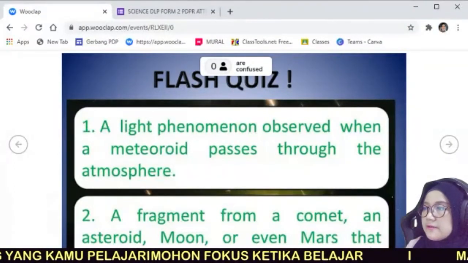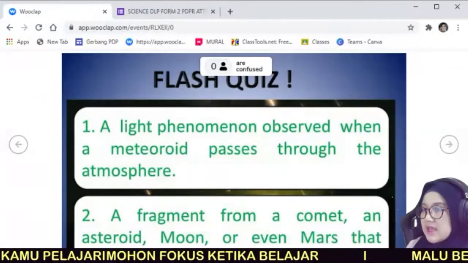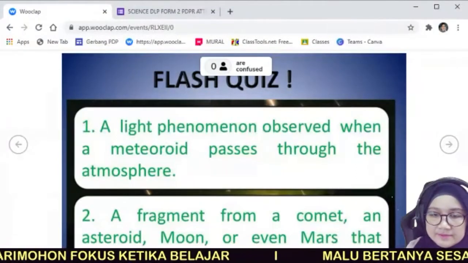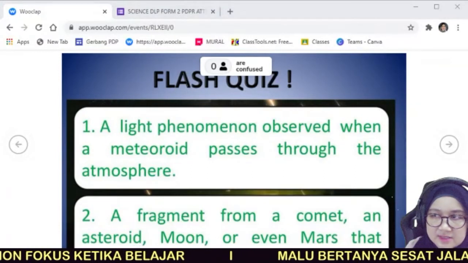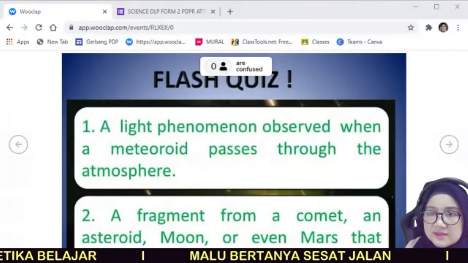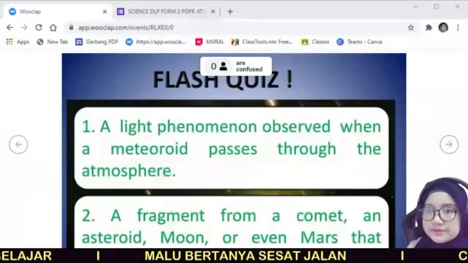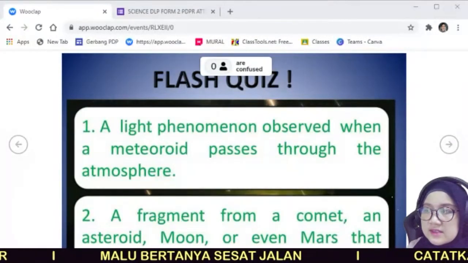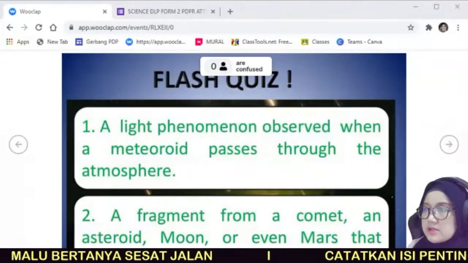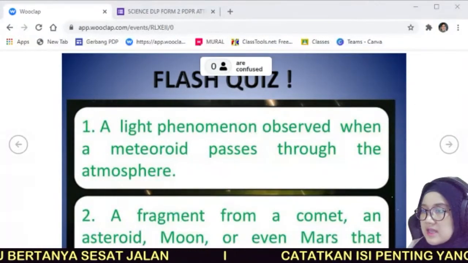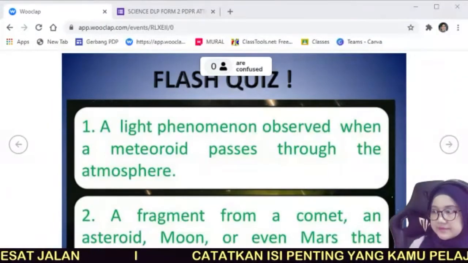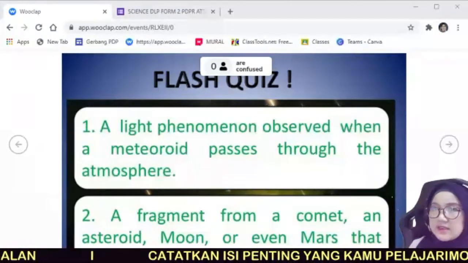Okay, number two, a fragment from a comet, an asteroid, moon, or even Mars that orbit around the sun. So what is the answer for this? What's the answer for this, guys? Number two. Now we are discussing number two. Just now the answer is meteor. So number two, a fragment from a comet, an asteroid, moon, or even Mars that orbit around the sun. So what is the answer? That is